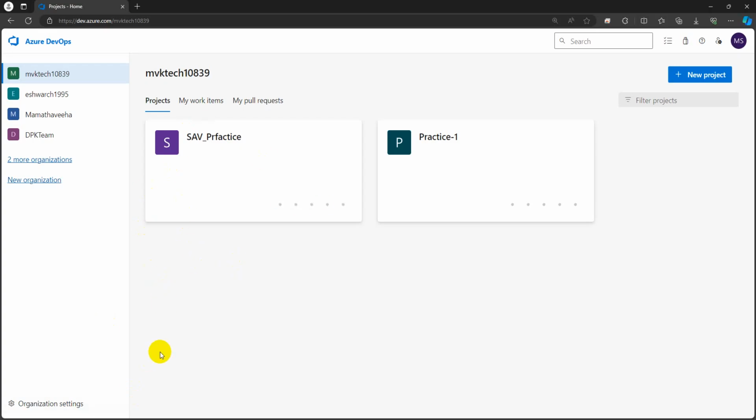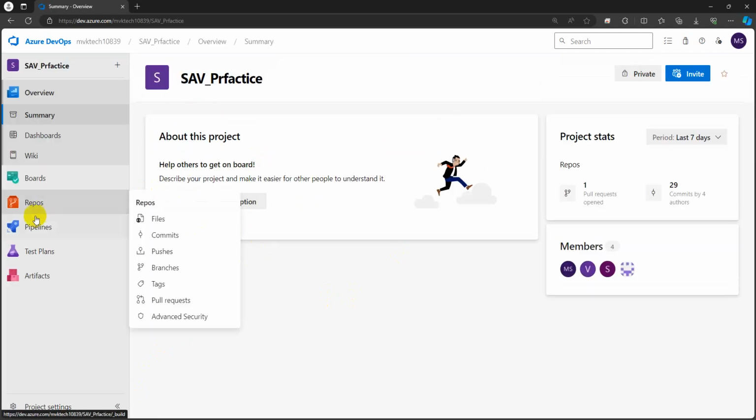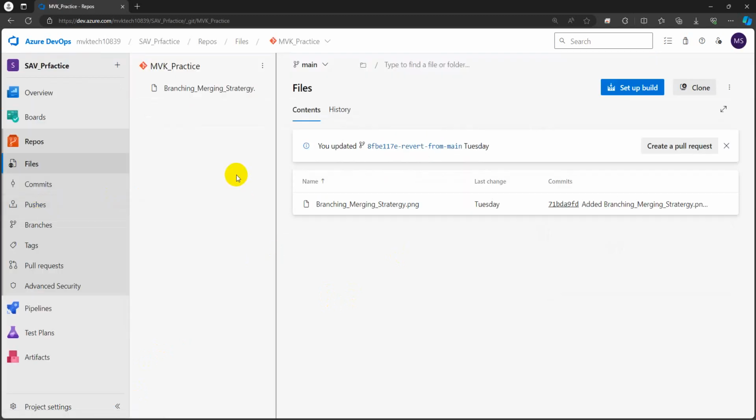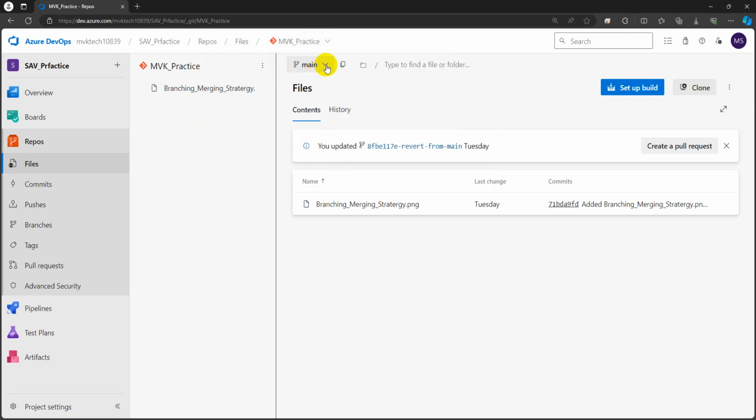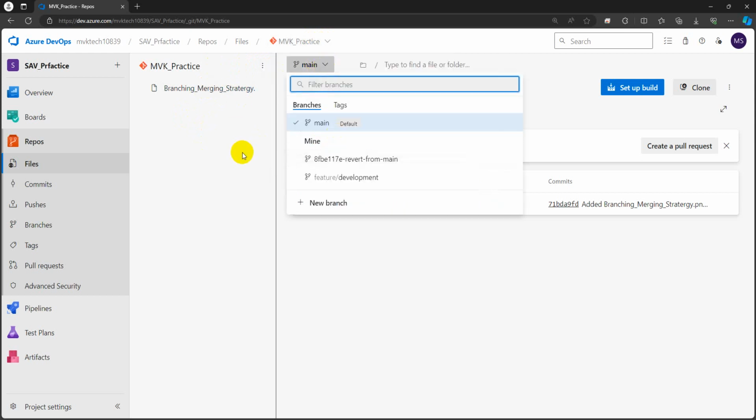So, okay, let's discuss yesterday's class briefly. What we discussed in yesterday's class is how to create a repository, how to create a repository and how to create a branch, and